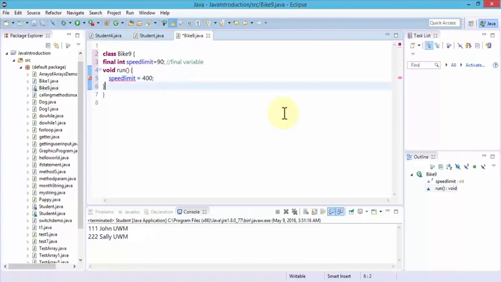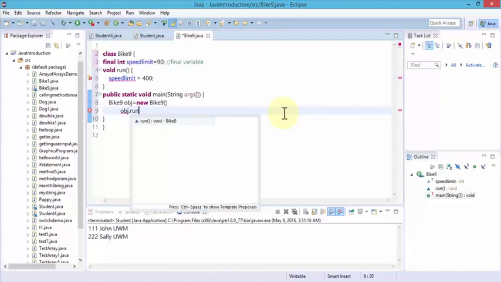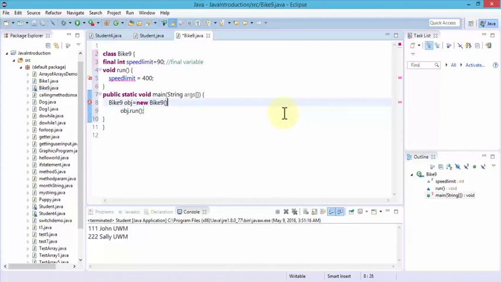And next I'm going to do the public static void main and our string argument with a set of brackets, and then of course our curly braces, specify Bike9, let's say object or obj equals new Bike9 with a set of parentheses, and simply specify obj.run method and close the parentheses. I also need a semicolon up here,